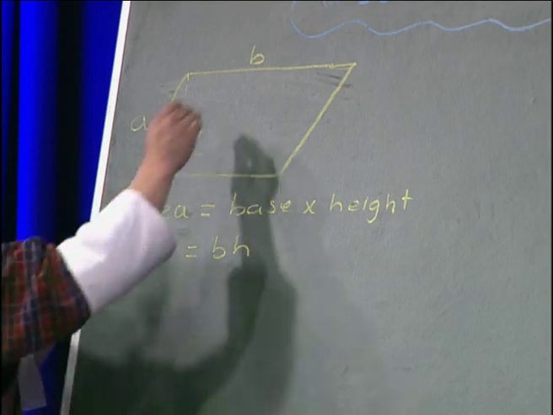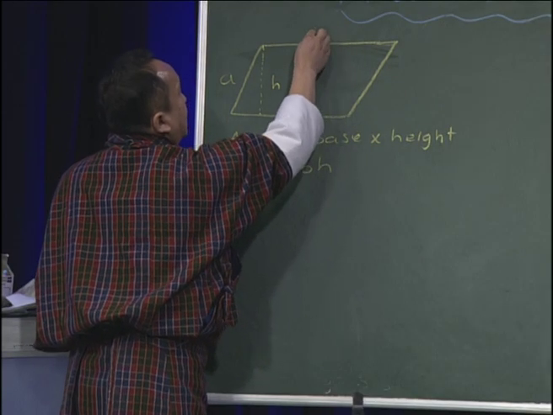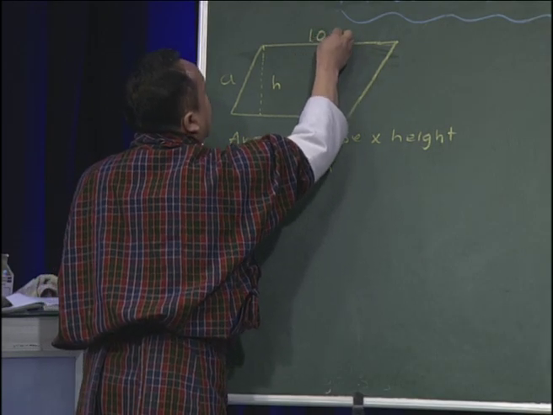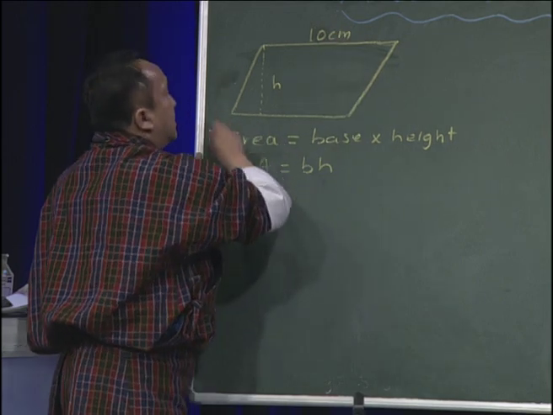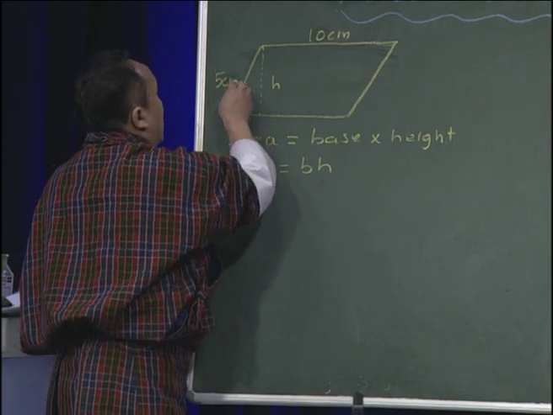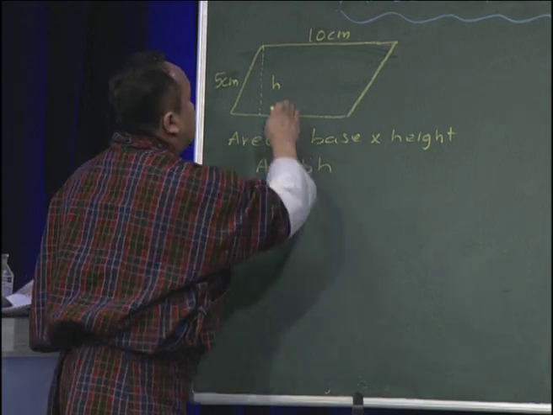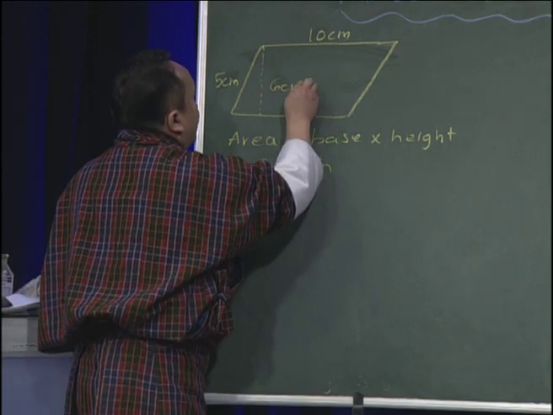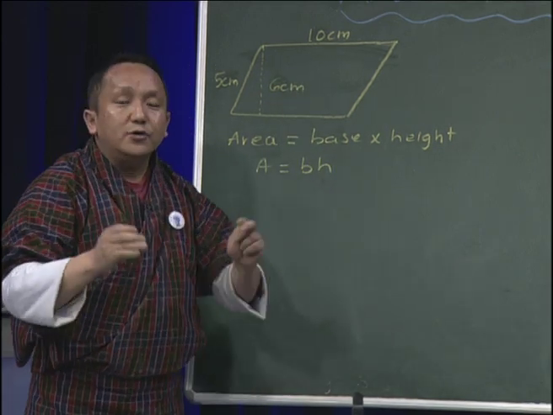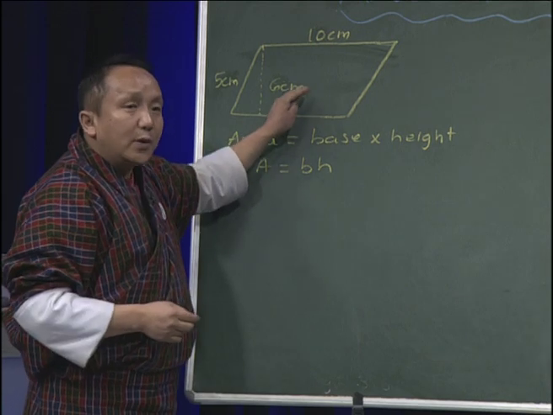For instance, if the larger side is 10 centimeter and the shorter side is 5 centimeter and the height of the parallelogram is 6 centimeter, and you're asked to determine the area of this parallelogram,